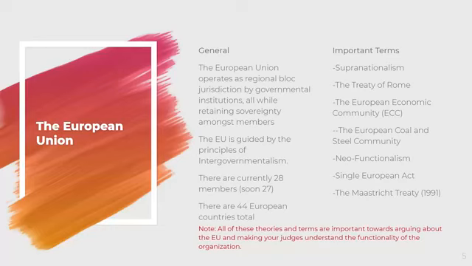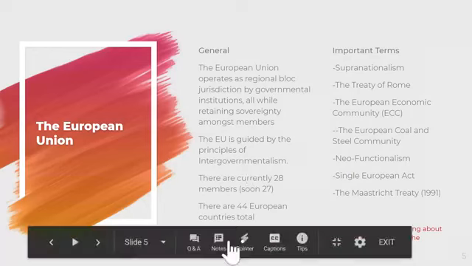There is no way that you can truly argue or give a speech about the European Union without using at least one or two of these theories, or just having the knowledge in the back of your mind. It makes you have a more nuanced argument rather than just relying on statistics. You can say how fundamentally the EU is flawed or good, or you can argue how politicians operate under this system. Knowing the building blocks of the European Union is quintessential to truly debating about the European Union.